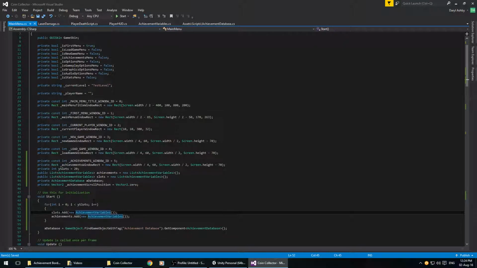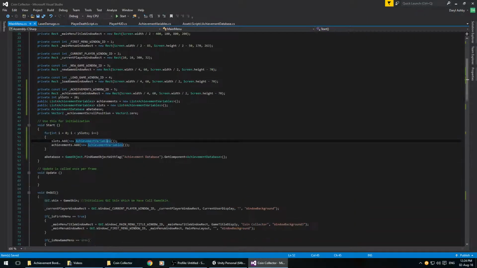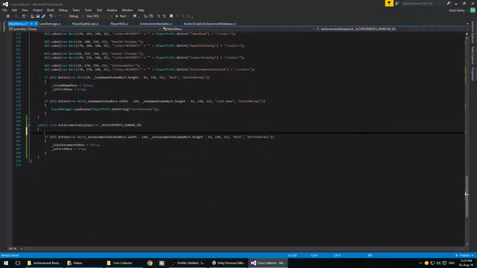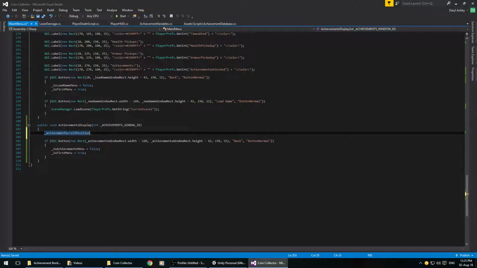Now what we need to do is we can now start going down, I believe, and adding into our achievements area. So we're going to do it all above here. And what we're going to do is, for now, yeah, I think it might be a good idea. Yeah, I'll do it now. So what I want to do is achievement scroll position equals GUI.BeginScrollView, yes, begin scroll view, which is a new rect,